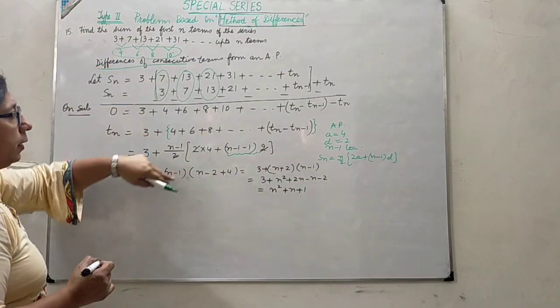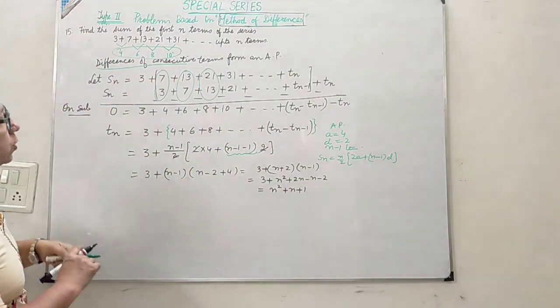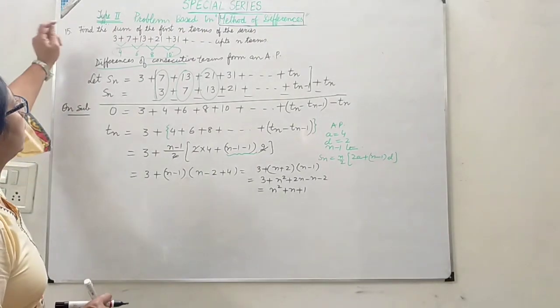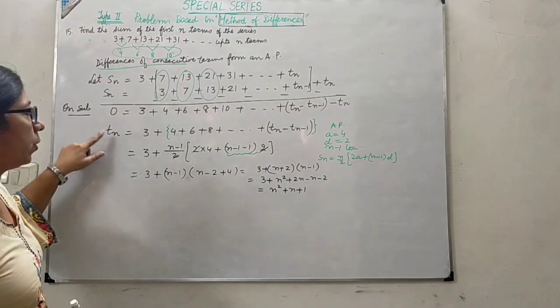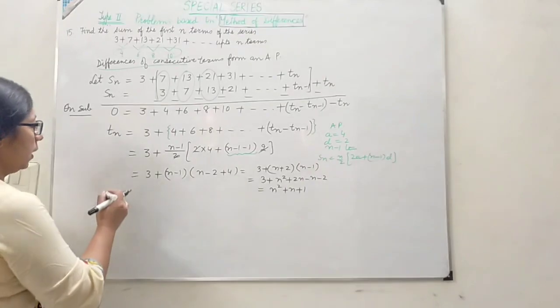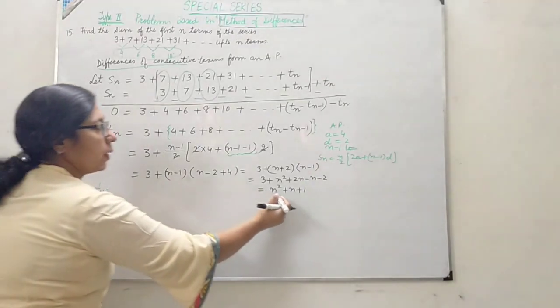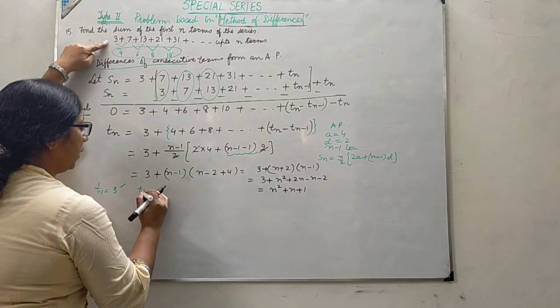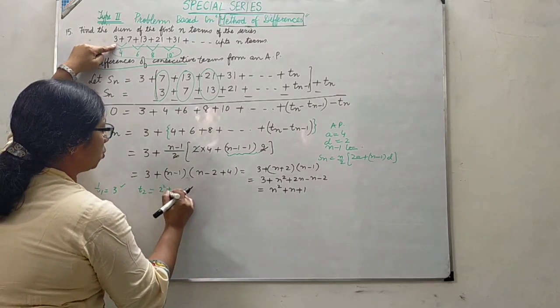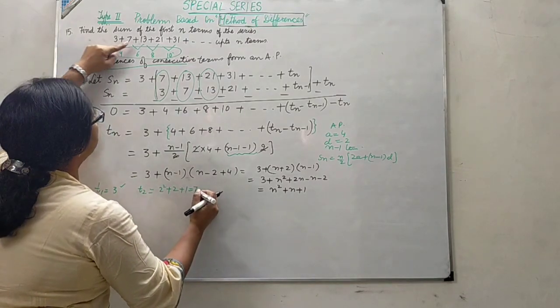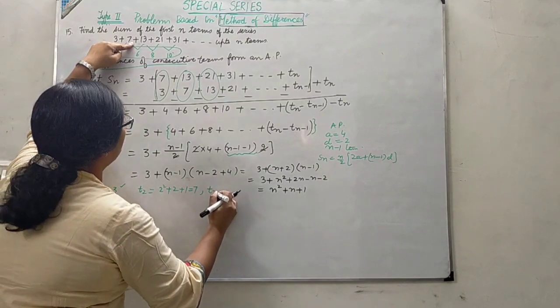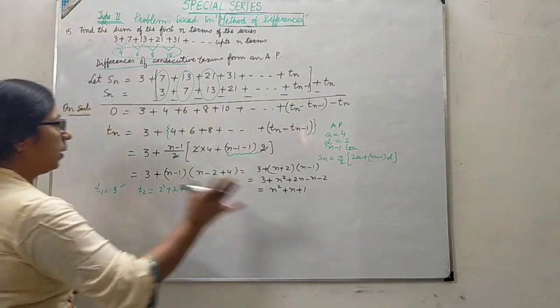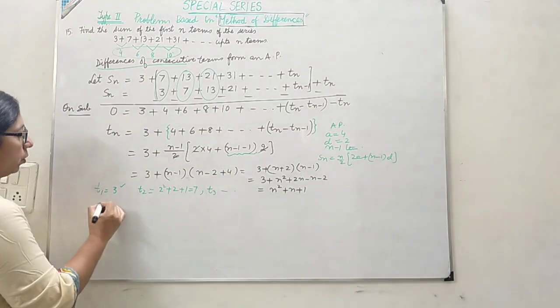Then after starting this calculation, you have spent 5 minutes, 10 minutes. You are to always verify your Tn. See over here, if I take T1, that is 1 square plus 1 plus 1, 3. This is okay with first term. And then T2, this is your 2 square plus 2 plus 1. Again this is 7, this is again okay, and so on. You may check your Tn, then further do the question.